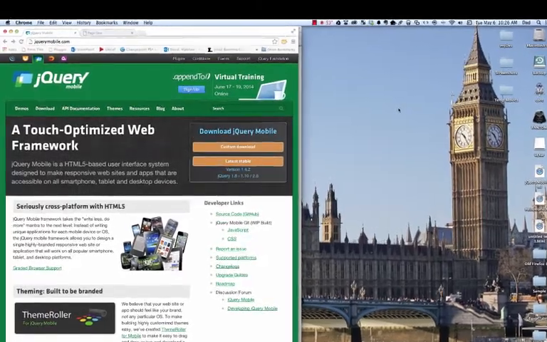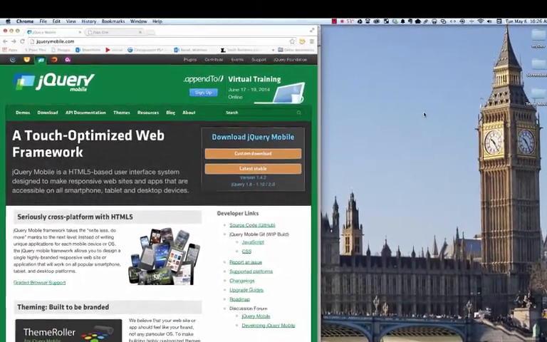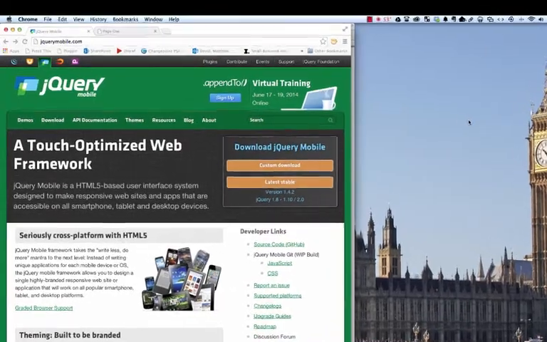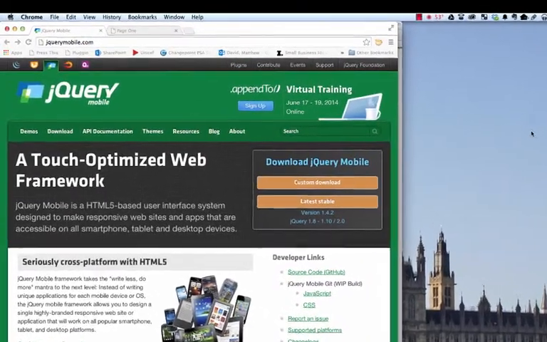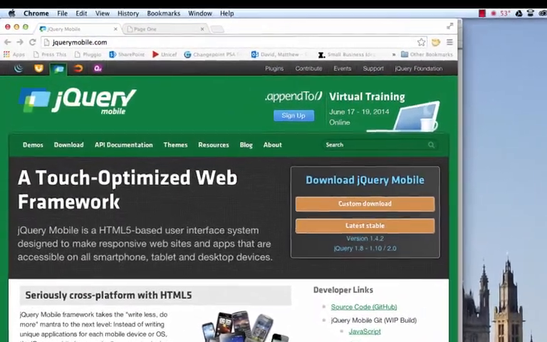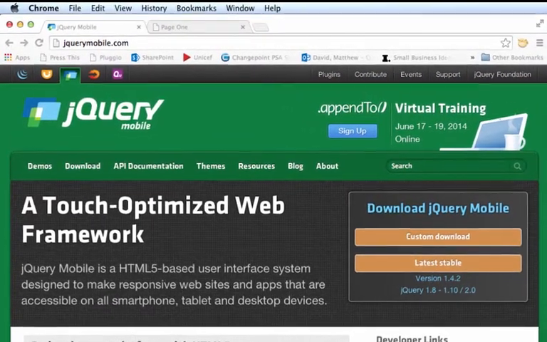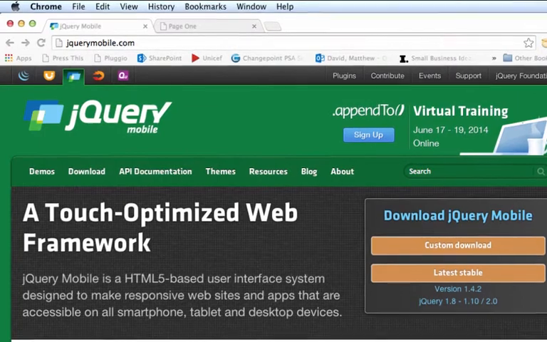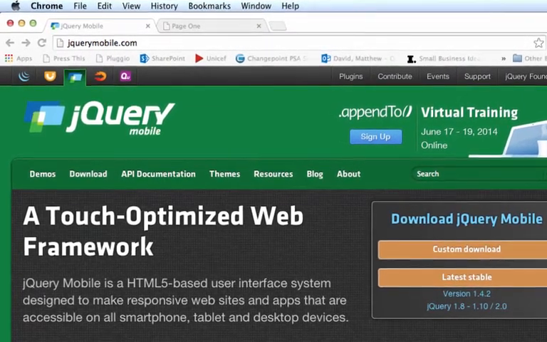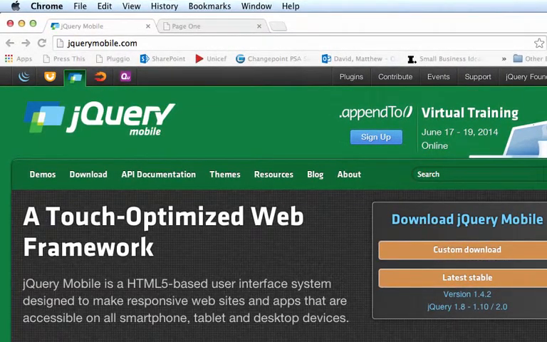jQuery Mobile is one of the coolest ways of being able to rapidly create a mobile optimized website. Now, it's not the only way to be able to create mobile optimized websites. There's some other great tools out there. There's Bootstrap, there's jQuery. I encourage you to try them all out. But the reason why I like jQuery Mobile is that there's a lot of documentation, and it's really easy to get up and running very quickly in building out a jQuery mobile website without having to learn a lot of